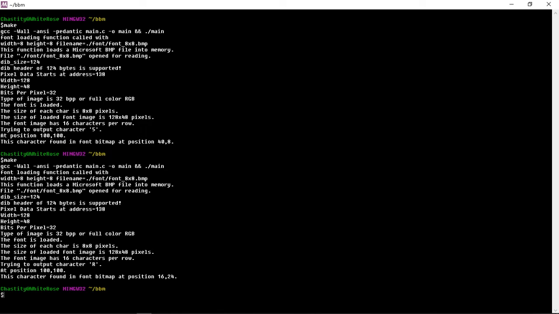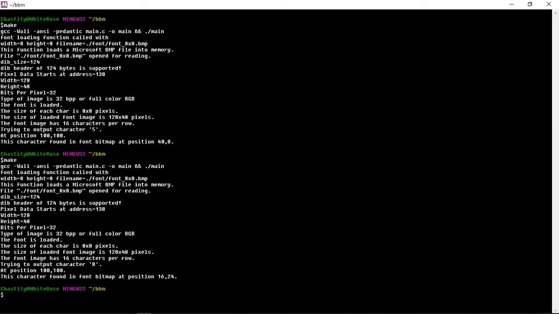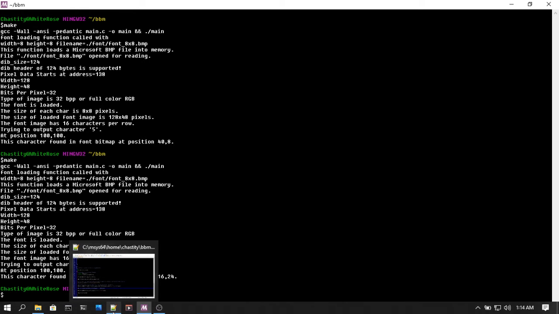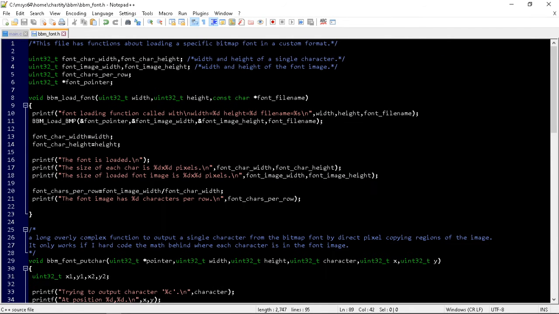See, right on this line here it says that, and then here it's R. Now, in each case it tells me the character was found in the font bitmap at a certain position, and I'm going to show you the math behind this. Most people are not going to get it, but this is all custom made by me. So